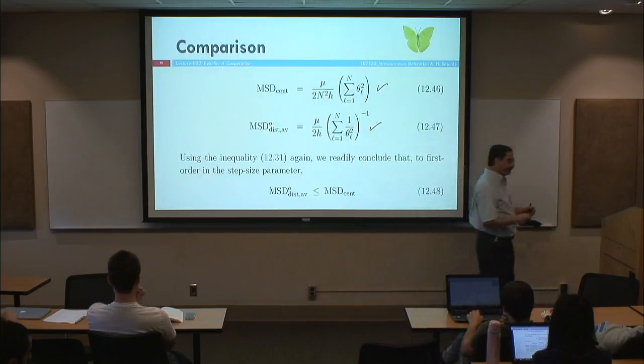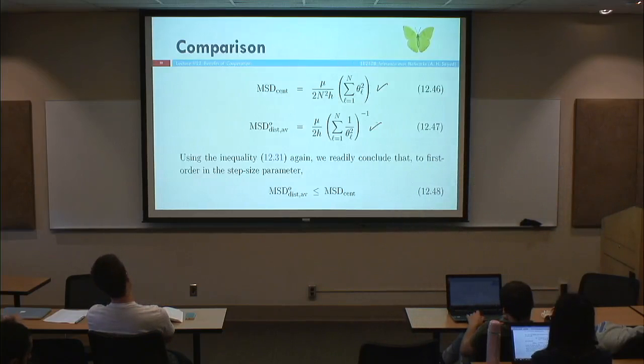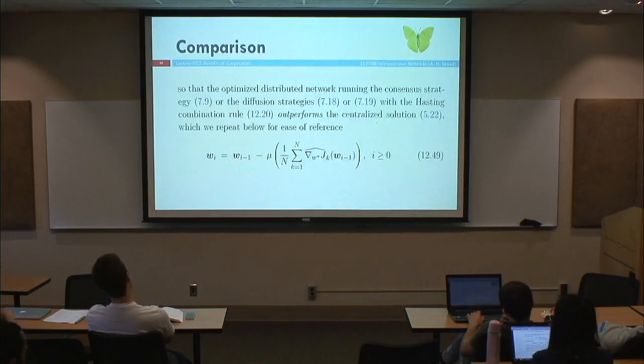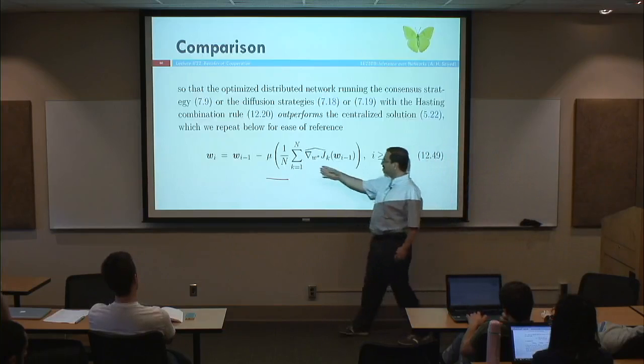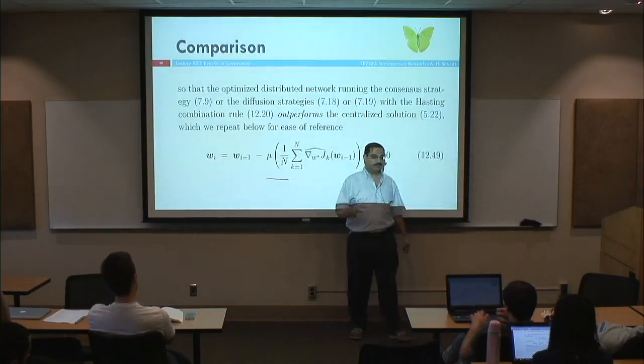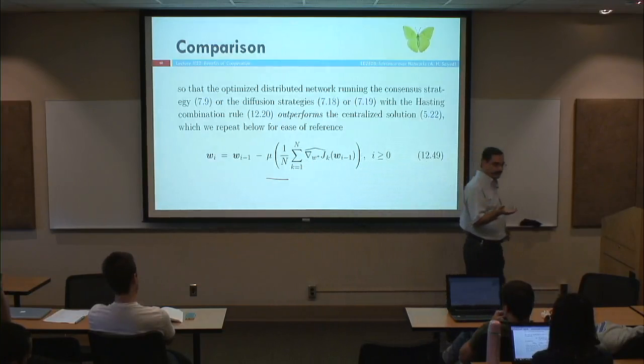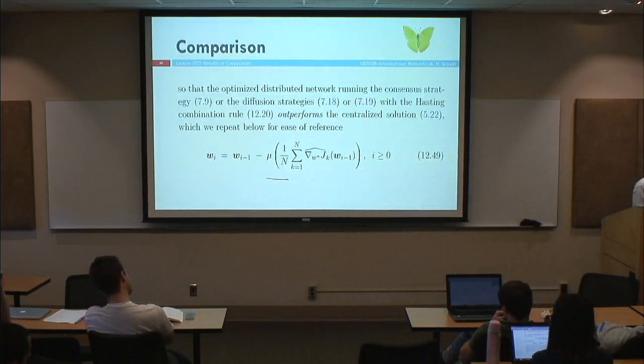So this is what you can do. This is the distributed solution we used before, correct? In this distributed solution, you are giving the same weight 1 over n to each gradient vector, right? If you modify it